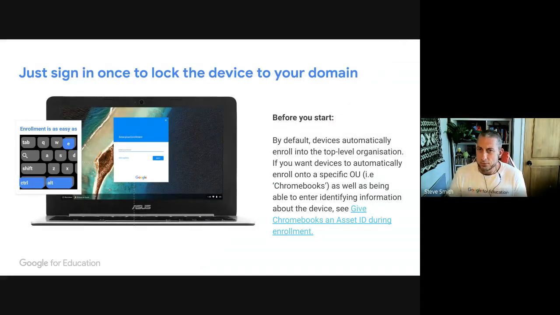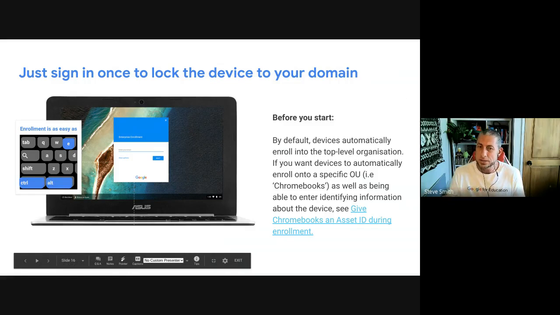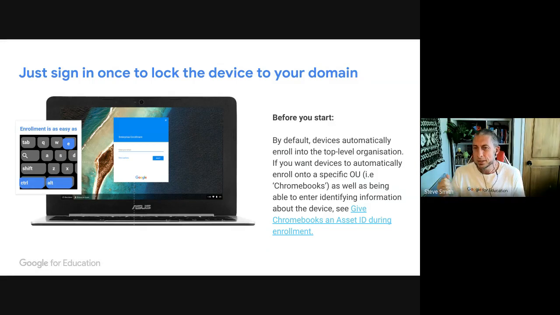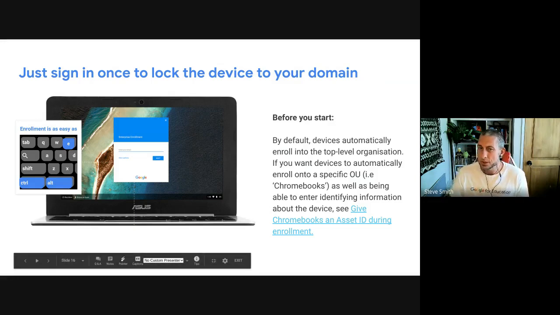So let's have a look at enrollment really, really quickly. For enrollment, we log into the admin console and set up your device with those 3 buttons, Control, Alt and E. It will enroll it into your domain. What it does then is it picks up a license. So a really key point here is to make sure you've got some licenses or some Chrome Education Upgrades sitting on your domain before you do this process. Once you've done that, you will be managing your device. Jump forward, Rich.